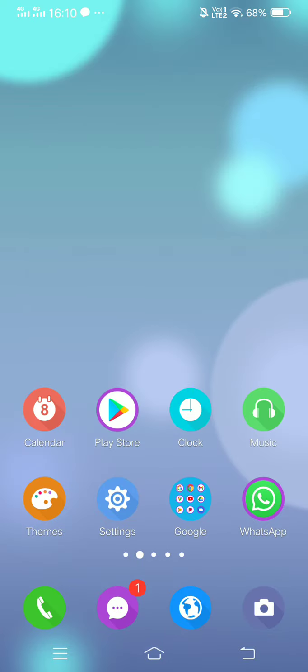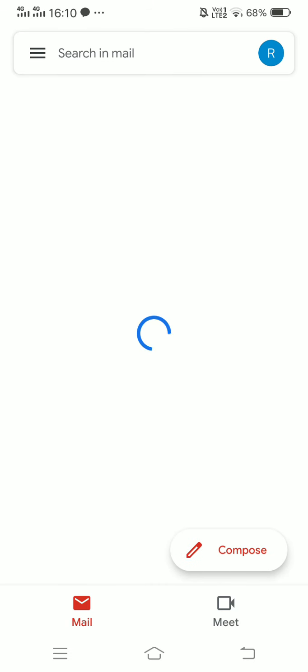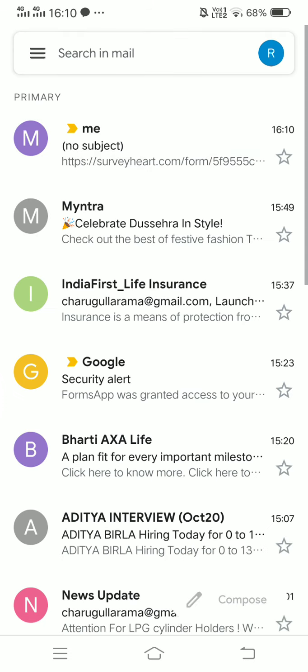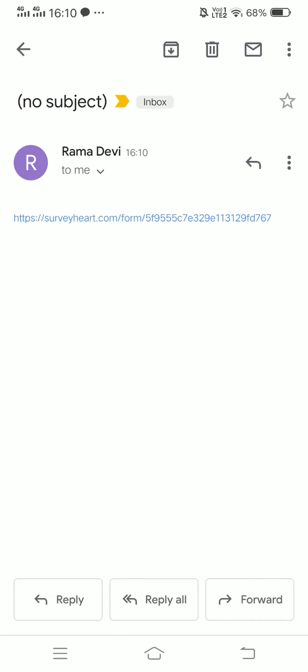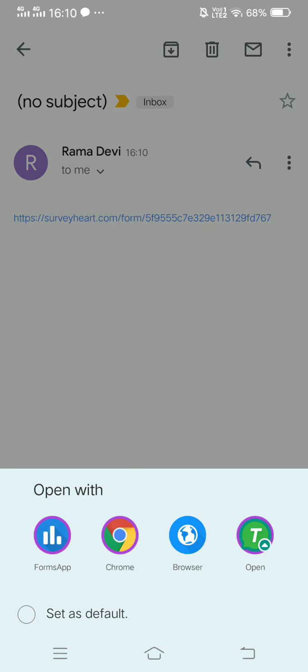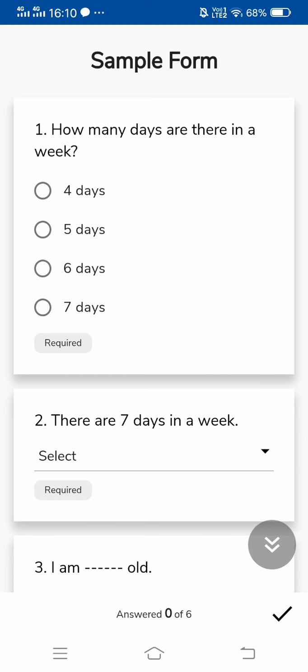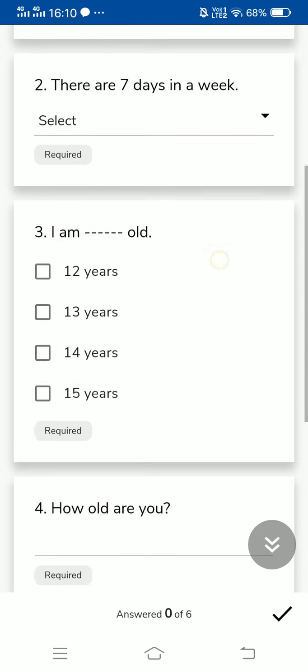Let's check how we will receive it. So this is the form that we have just created. Let's check it by clicking this. So forms app, start. So your audience or your people will be getting it this way.